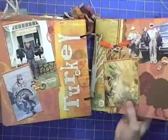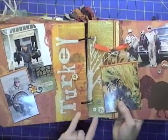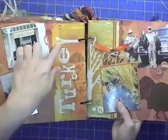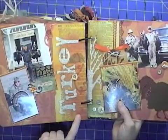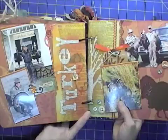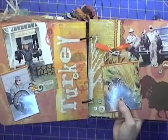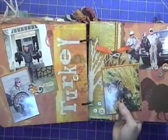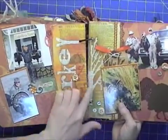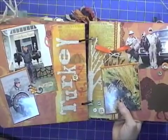So then this is the page that's dedicated to turkeys, and with this I used some old dictionary paper, and I put down Tim Holtz mask letters, and then used, I believe, the rusty hinge, the honey, and probably some mahogany on there as well. Just ran over them, and while my letters were still in place, I outlined them just to give it a little accent. And then this tree over here is a Tattered Angels glimmer screen, and I just ran some non-permanent removable adhesive on the back of the glimmer screen, put it down,